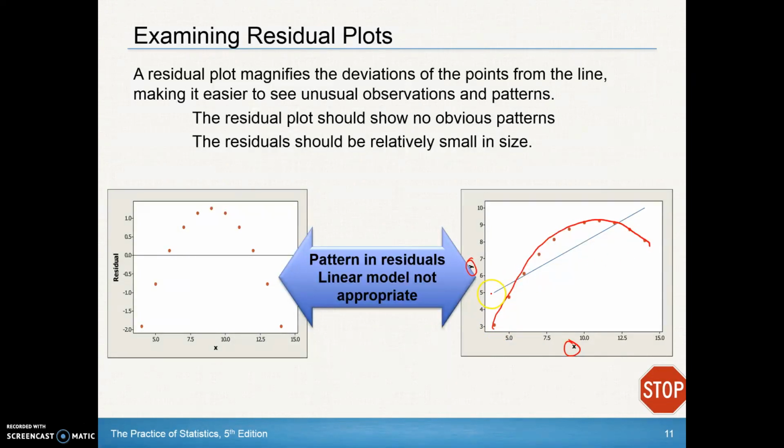This is the regression line that would have been fitted to that data, the calculator believes is the best line to fit that data, but a line is probably not the best shape to model this data, and that's evident in the residual plot too, because a residual plot should show no obvious pattern. So I'm going to take a look at this a little bit more on the calculator since